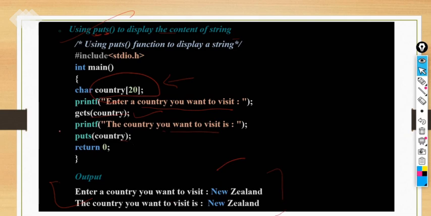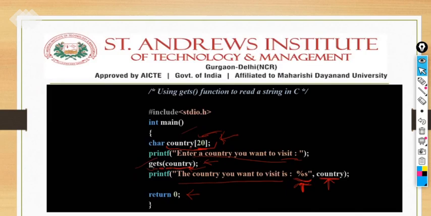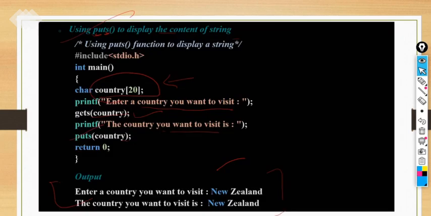Okay. So here we have used puts. In the previous example, we used printf, because we were trying to get clarity about gets only. Now we are using gets and puts simultaneously. I hope it is clear. Gets is for the input string, puts for the output string. It makes our task much easier, because with scanf and printf we have to use format specifiers. Here there is no need to use format specifiers in order to take the input as a string and to display the output as a string.